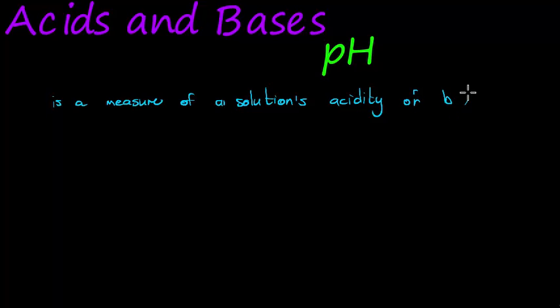I don't know. I think the other word is better: alkalinity. In other words, pH measures if a solution is acidic, and how acidic it is, or if a solution